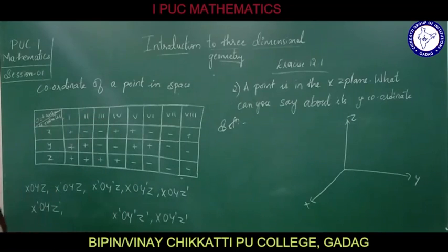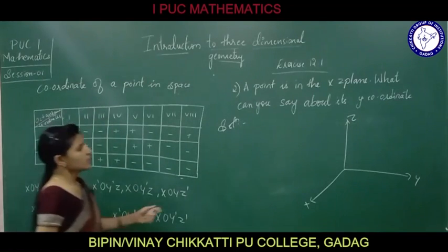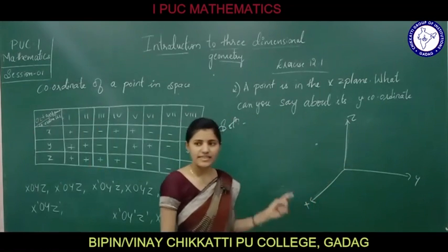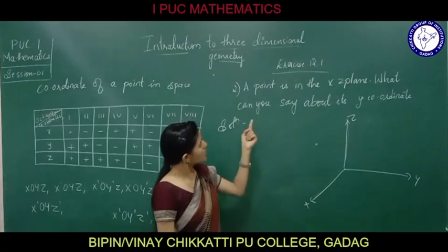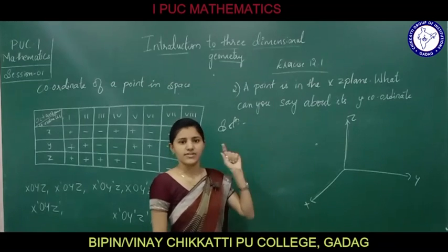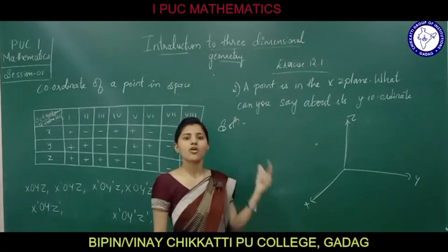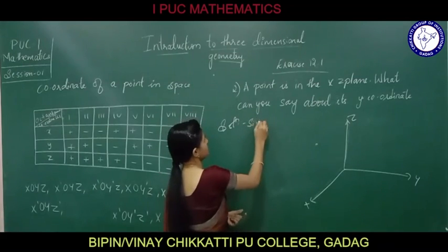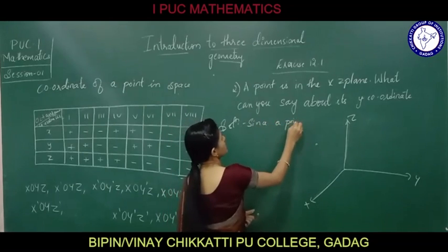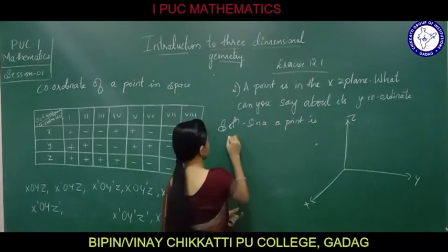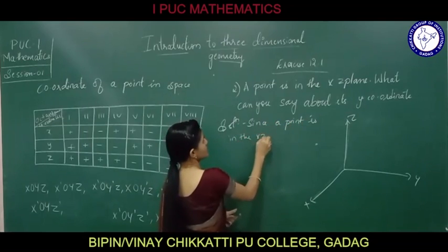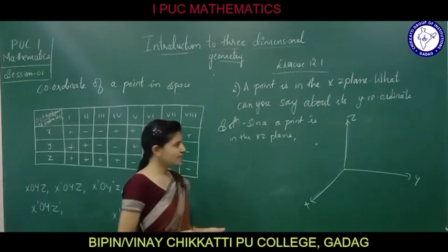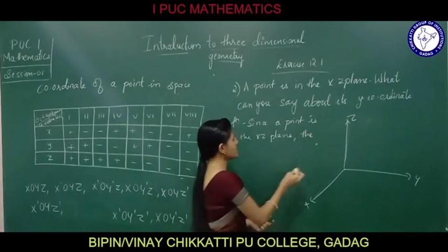What are they telling? They are telling that the point lies in this xz plane. Then if it is in the xz plane, what is its y coordinate? If it is in the xz plane, the y coordinate will be 0. Since a point is in the xz plane, what can you say about its y coordinate? The y coordinate is